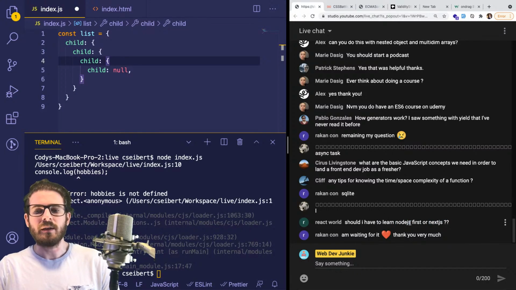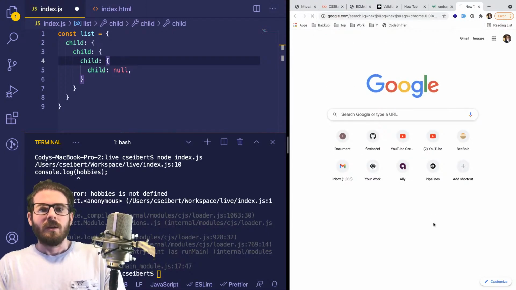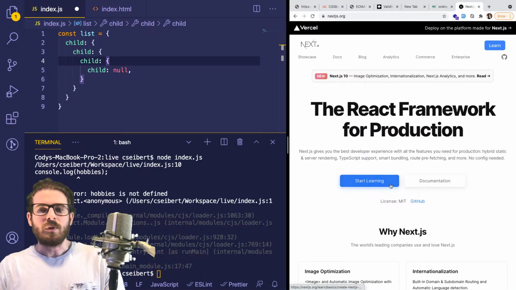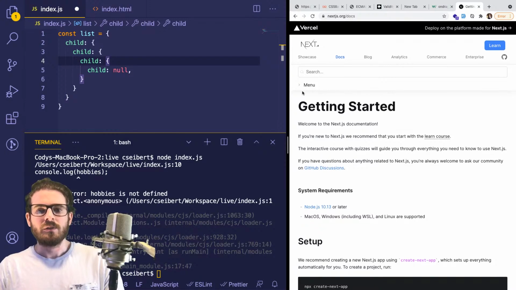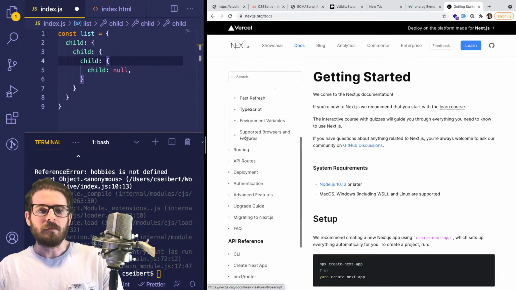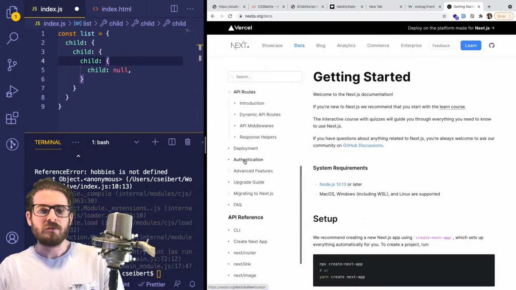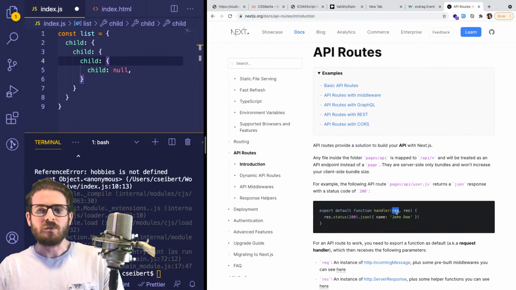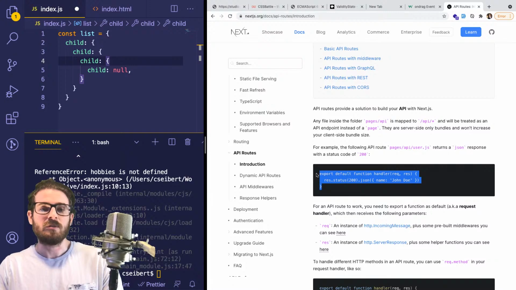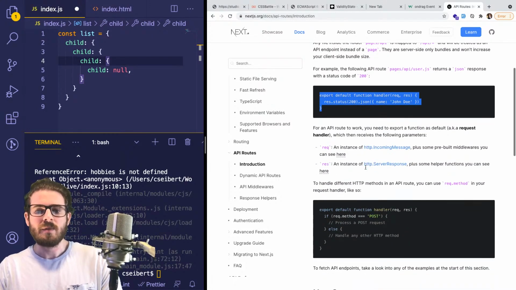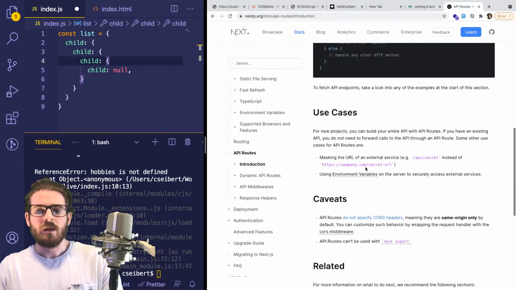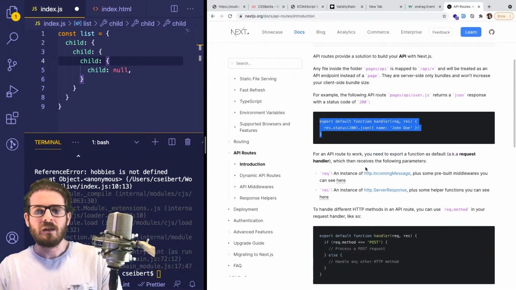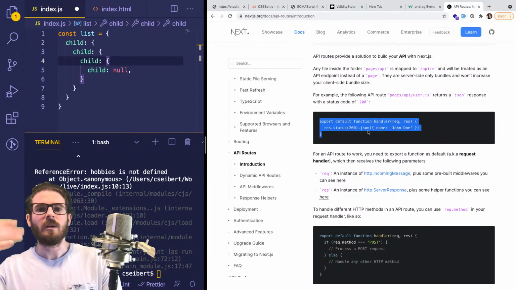In Next, you have the ability to write your own API endpoints, right? If I go to the docs, there's a way to do API routes, I believe. And those API routes are going to take in some request objects and response objects. These happen to be almost identical to how Express works, and they might use Express behind the scenes. That being said, it's always good to understand the underlying technologies before you start grabbing higher level frameworks